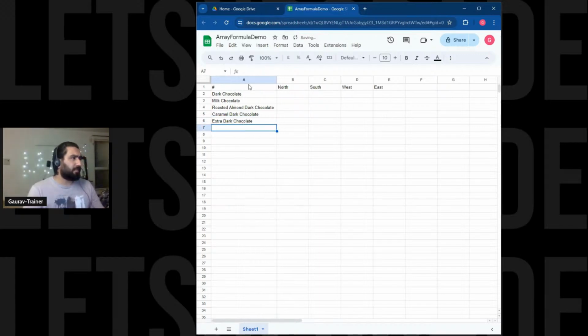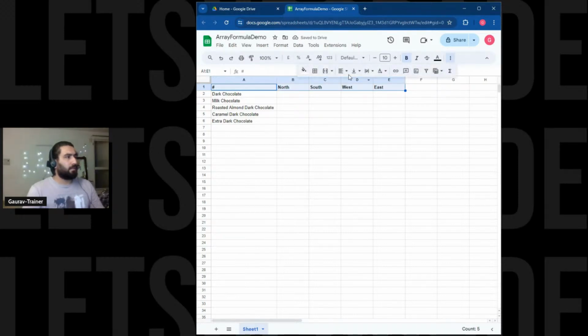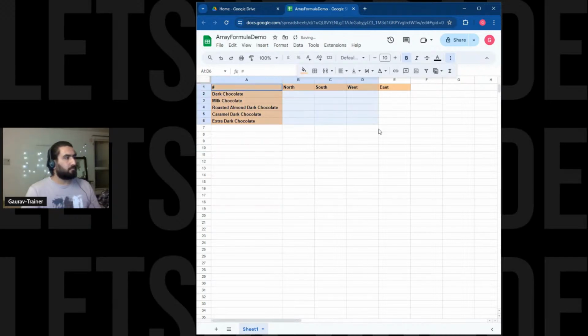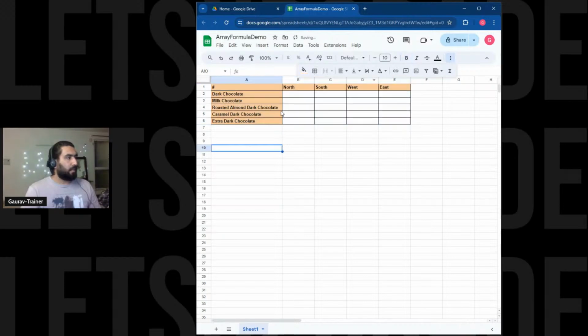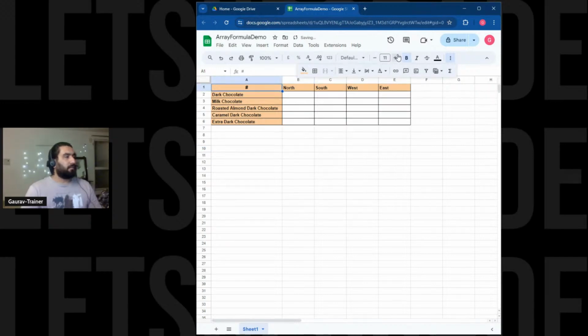And let's say that we have sales data. So I'll just quickly go ahead, make it bold, fill in some color to it, format paint it and paste it. Control Z, format painter and paste it right over here, right? Okay, just add some depth to the table. Fine. Okay, all right. So now once we have this table created, we can just fill in the data right over here,